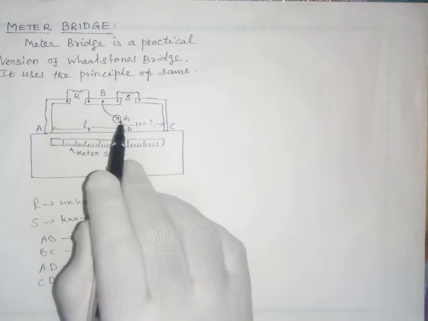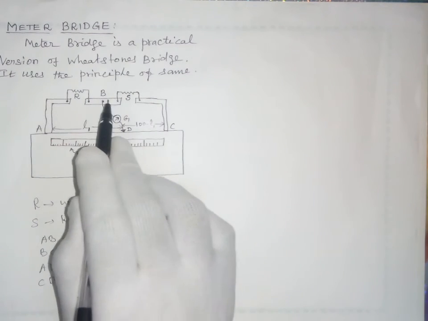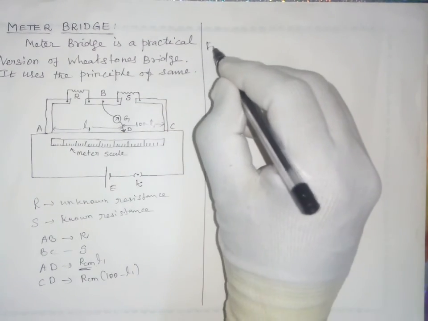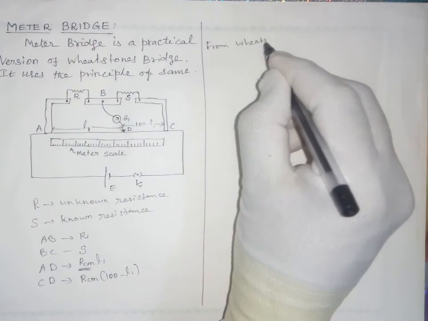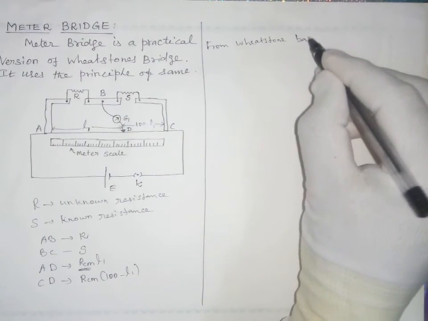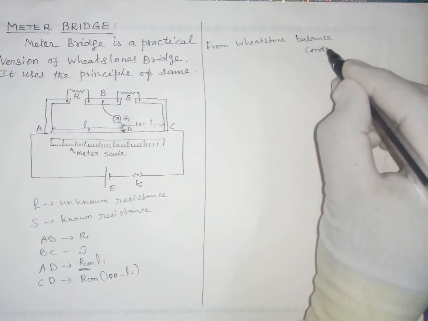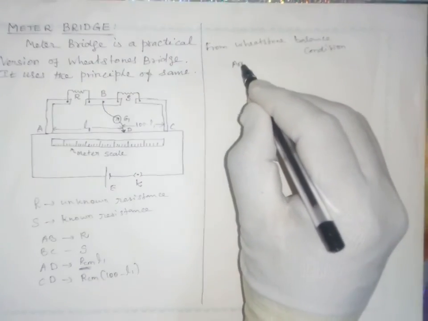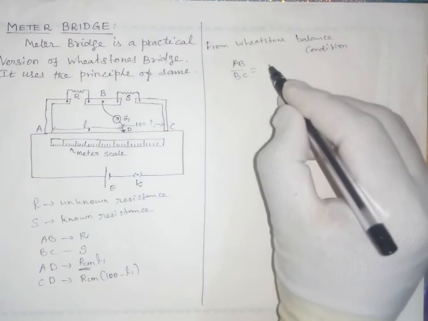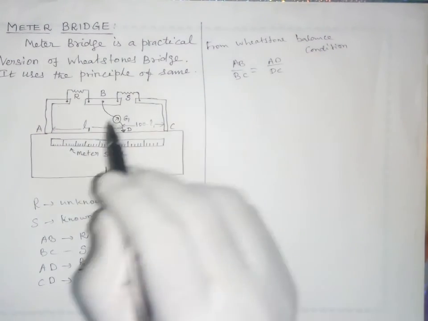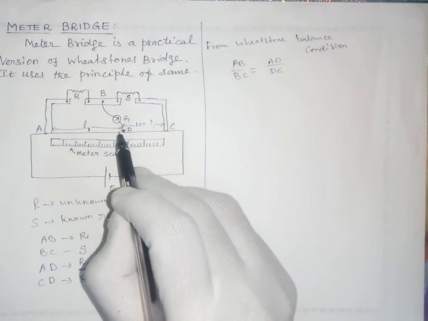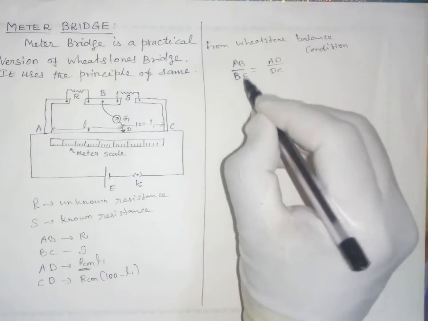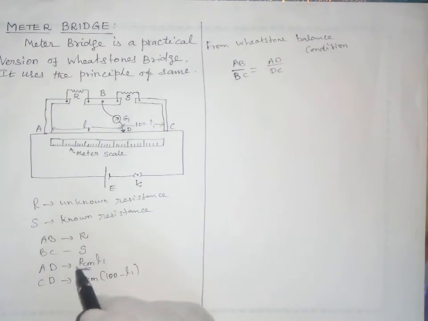As we know, for the balance condition, AB by BC equals AD by DC. This comes from the Wheatstone bridge balance condition, which we can simply write as AB by BC equal to AD by DC. Otherwise we can take AB by AD equal to BC by CD. Anyway, we can write AB by BC equal to AD by DC, where AB equals R,